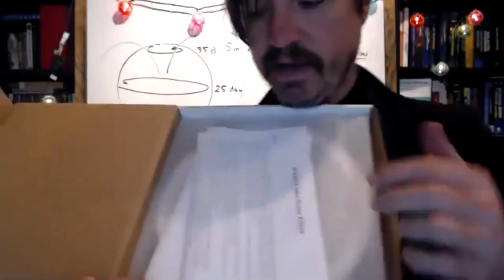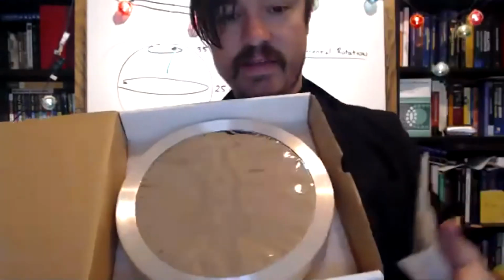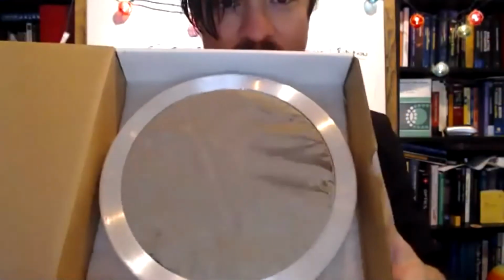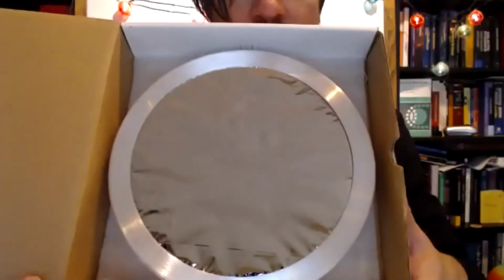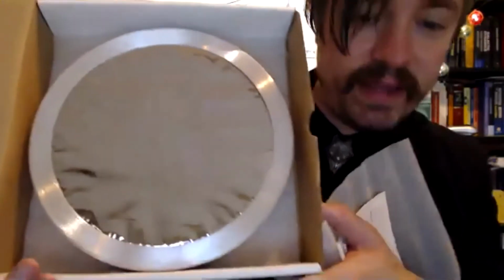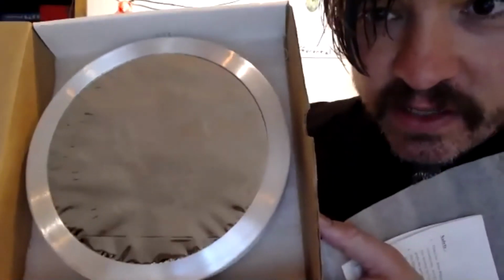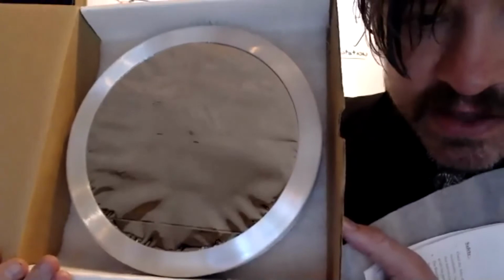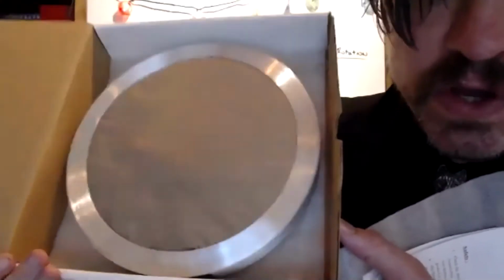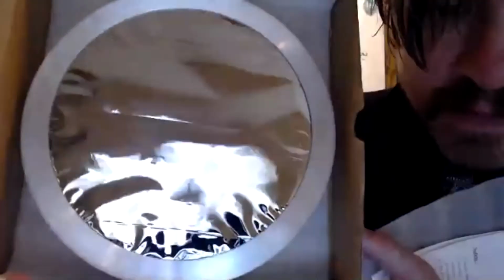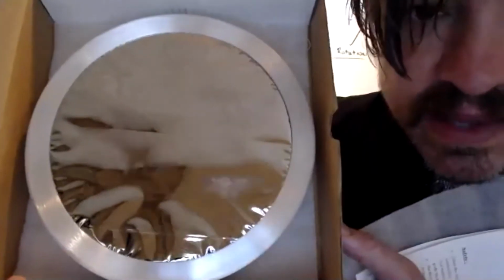I want to show you guys something. This is just a little show and tell for fun. Do you guys see this? It looks like a piece of tin foil, right? This is called a solar white light filter. It looks like tin foil, but it's actually a shield that allows you to look at the sun with your telescope. So I put this over my telescope, and this filter only lets in